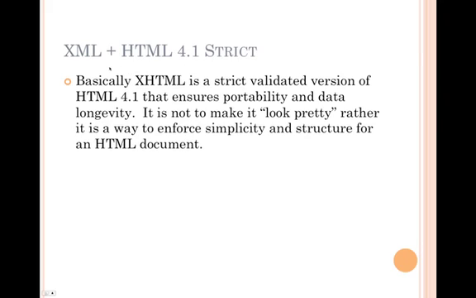And what you'll find is that XHTML is a combination of XML and what's called HTML 4.1 strict. So basically, XHTML is a strict validated version of HTML 4.1 that ensures portability and data longevity. It is not to make it look pretty, rather it is a way to enforce simplicity and structure for an